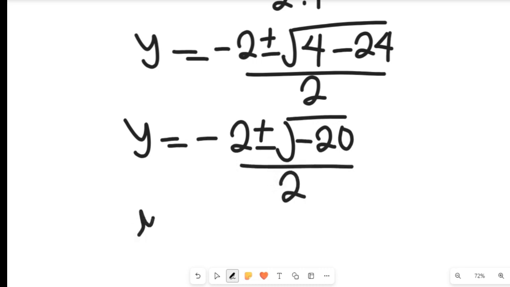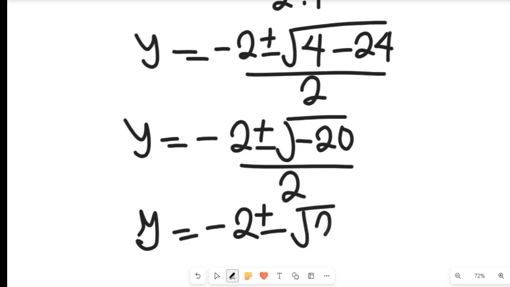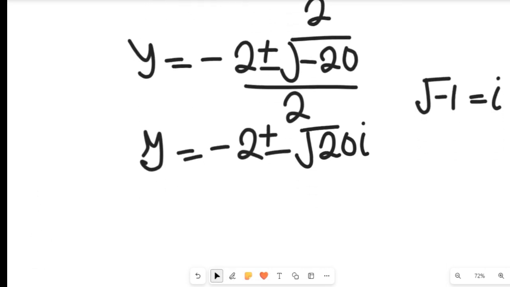So that expression, our y will be equal to negative 2 plus or minus the square root of 20 imaginary, because the square root of negative 1 is equal to imaginary,